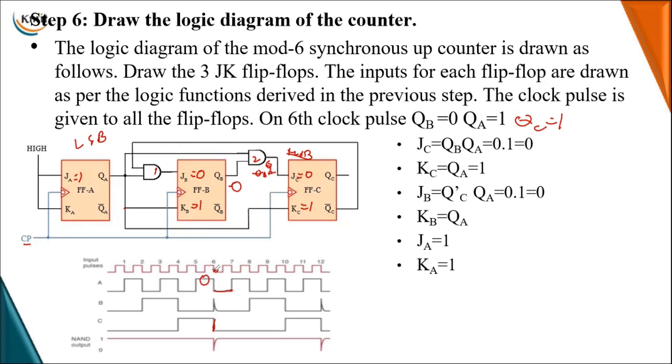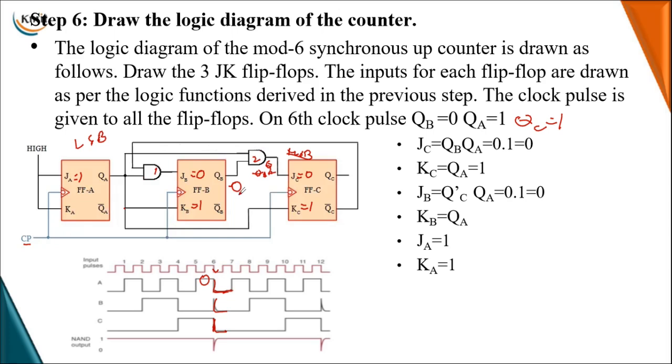So upon the 6th clock pulse, QA comes to 0, QB also comes to 0, and QC also comes to 0. So like this, it will only have the states 0 to 5. Upon reaching the 6th clock pulse, it again comes back to its initial state, which is 0 0 0. It never comes to 1 1 0 as in an up counter, due to the configuration of how we connected